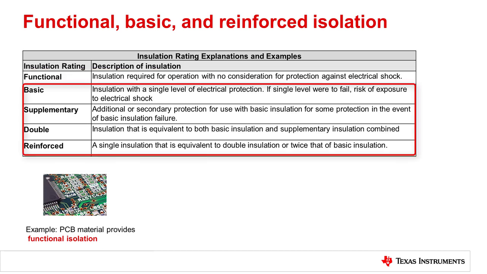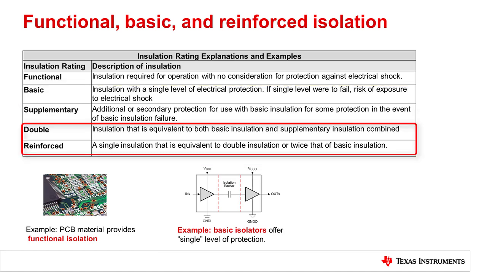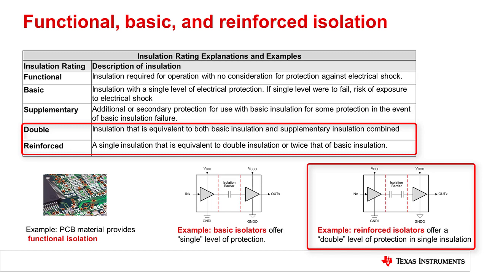For systems where hazardous voltages are present, industry standard isolation ratings become more relevant and are described with the terms single isolation, basic isolation, double isolation, and reinforced isolation. Basic and single isolation describes isolation that provides sufficient protection against electrical shock as long as the insulation barrier is intact. In the presence of high voltage, safety regulations require basic isolation to be supplemented with a secondary isolation barrier for redundancy to provide shock protection in the event that the first barrier fails. This is called double isolation.